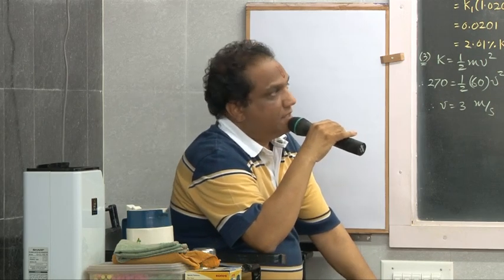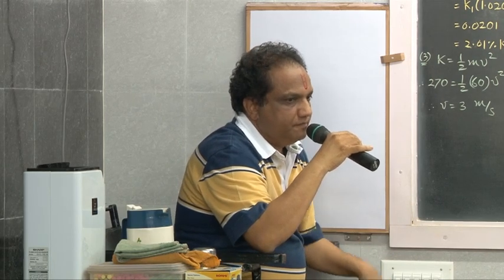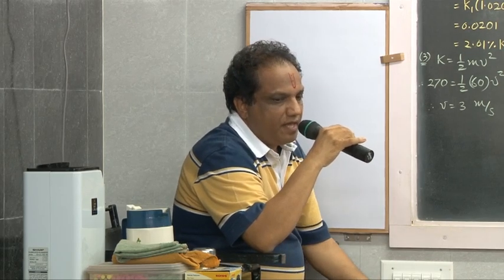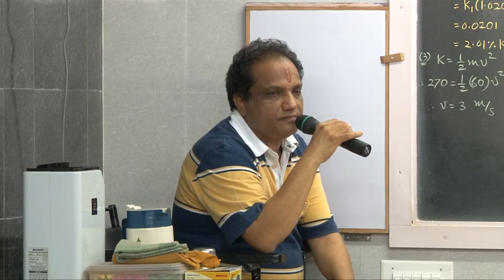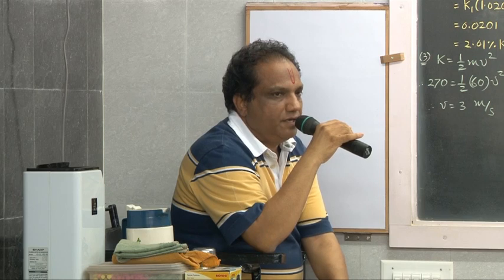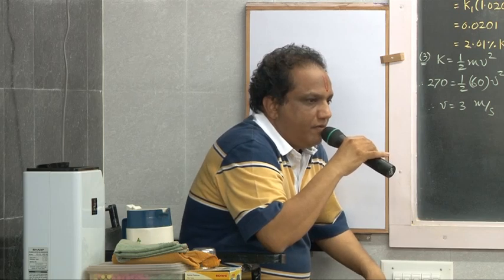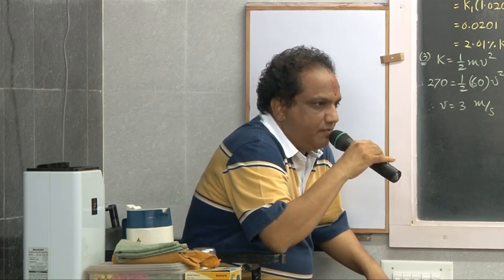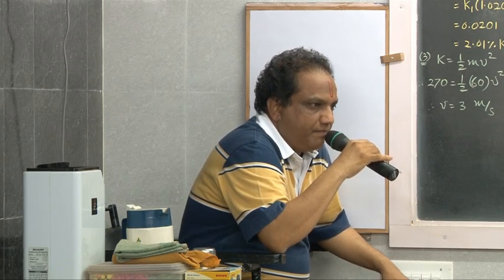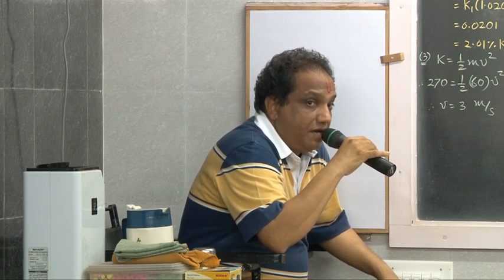The formula is P equals W upon T, and instead of W you may write now mgy plus half mv square upon T. Take m common, gy plus v square by 2, upon t, correct? Now tell me, what is m? Mass of the water, right? But they have not given mass. What have they given? 10 liter per second.